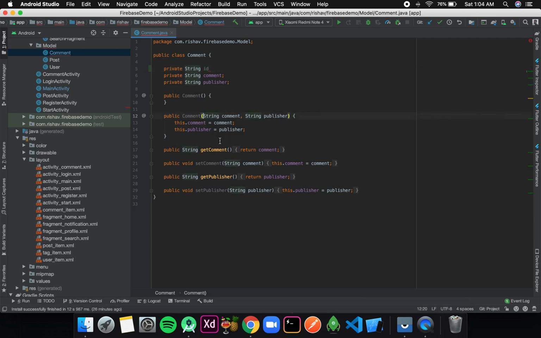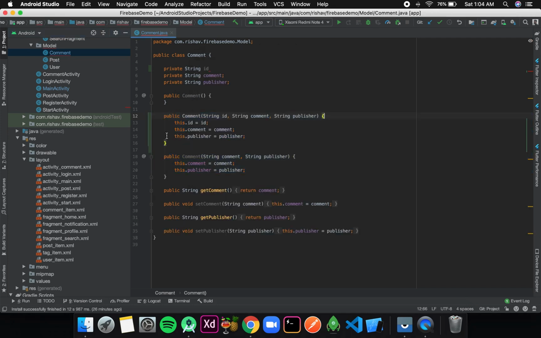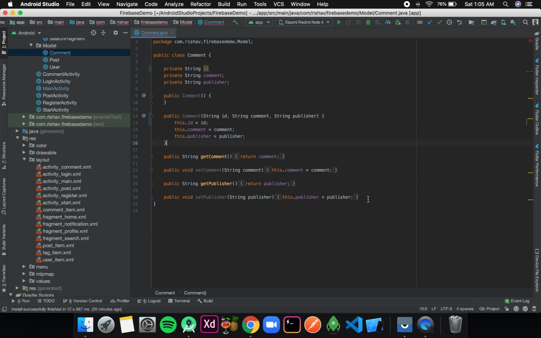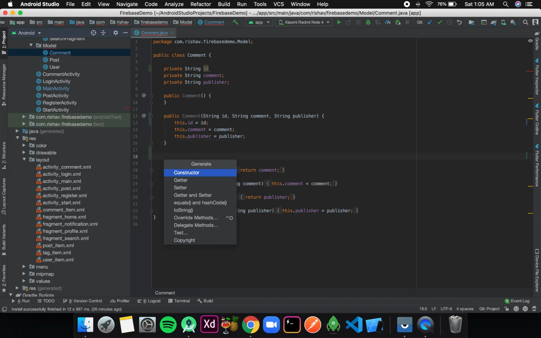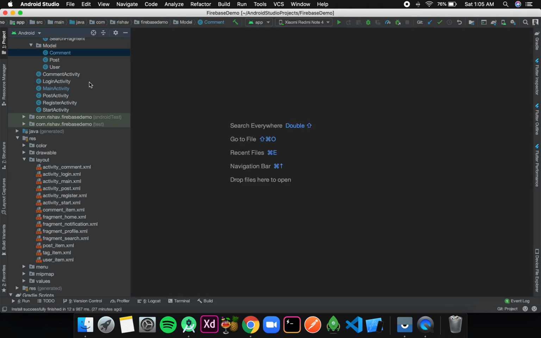Over here I'll remove this and create a new constructor with all the three values. Okay, I don't need these, and I'll add the getter and setter for the ID. Okay, done. I missed a semicolon over here.